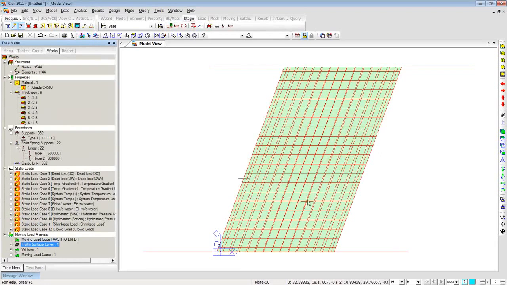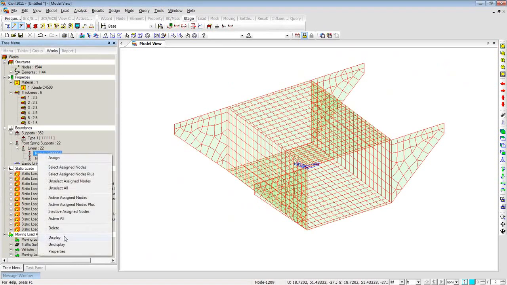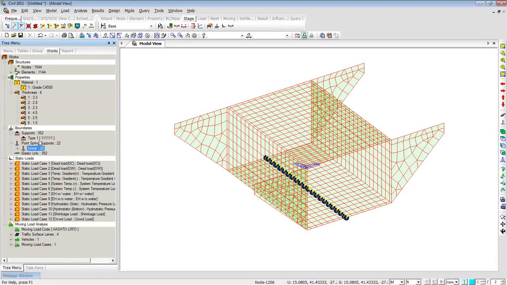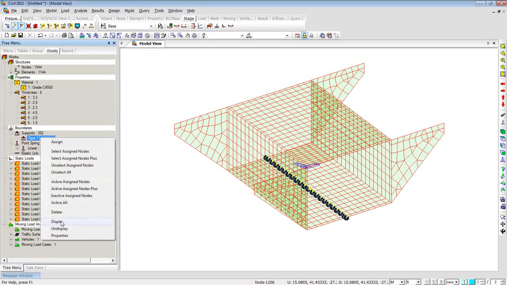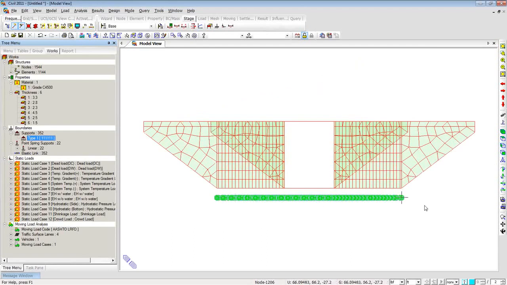And also the program has generated the point springs at the required locations. So you can choose right click and display them onto the screen. You can see the point spring locations, and you can also see the fixed supports that are applied at the extreme ends. Let me go to the elevation. So this is the fixed support that has been applied, and the connection between